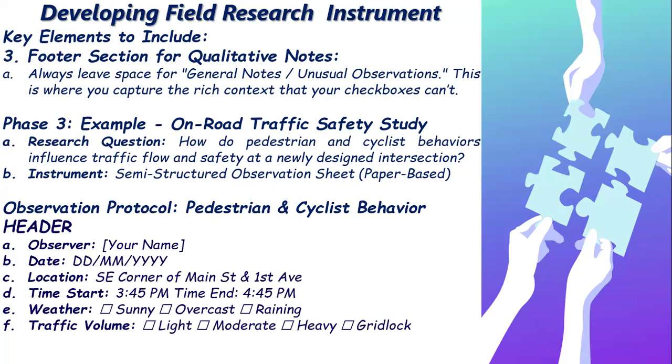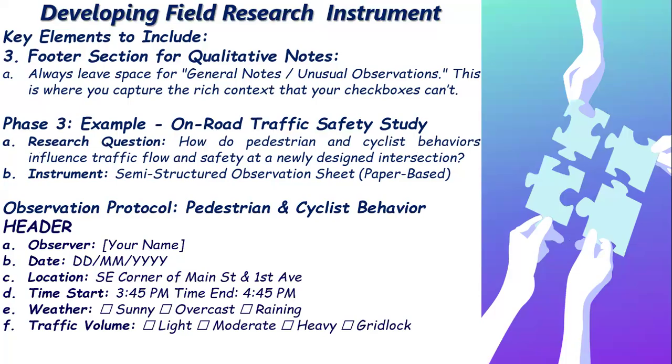Example, on-road traffic safety study. Research question: how do pedestrians and cyclists behave, and how does it influence traffic flow and safety at a newly designed intersection? The instrument is a semi-structured, paper-based observation sheet. Observation protocol: